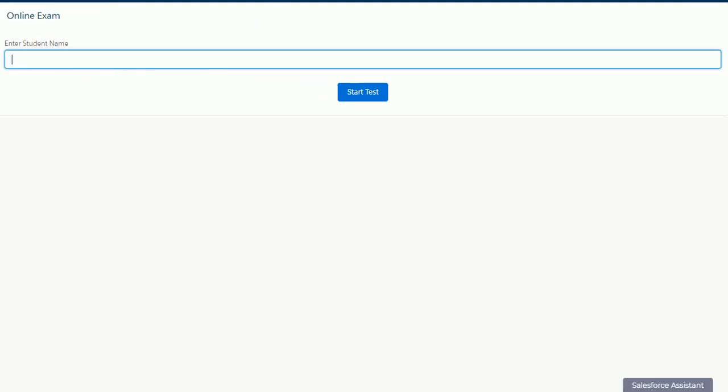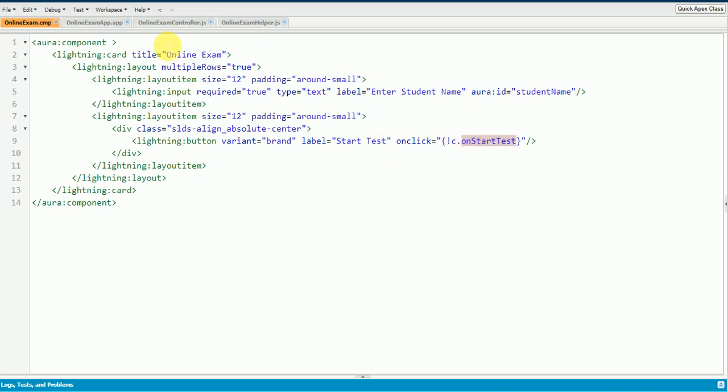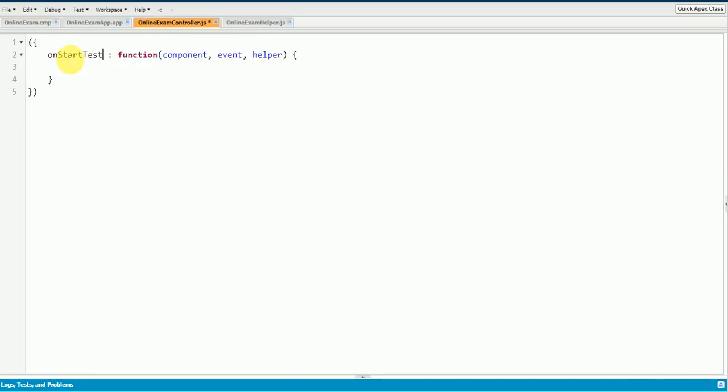It includes the student name and the Start Test button. Now I'll add this function in our controller. So this is my function in our controller. Here I'm going to check whether the student enters the name or not. For that, I'll get the student name entered by the student. I'm going to use component.find.